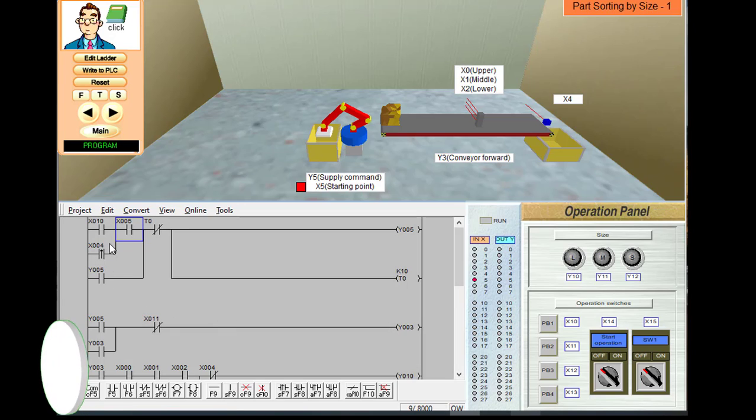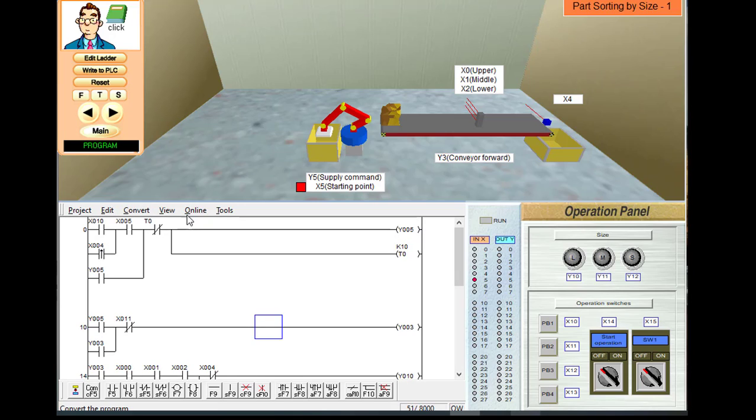Whenever X4 comes, meaning the part has come from the conveyor to the box, it will restart the system. So the supply command will be on in that case. First we'll convert the program, then we'll write the comments.